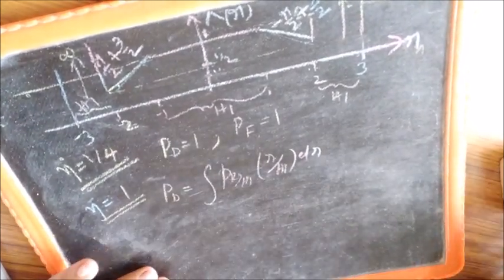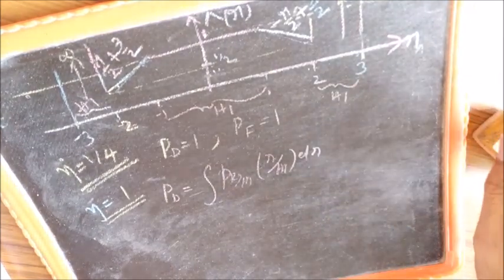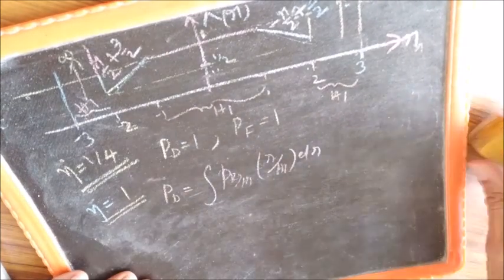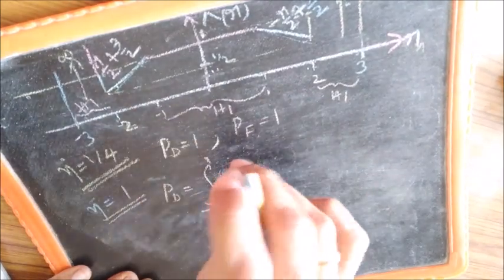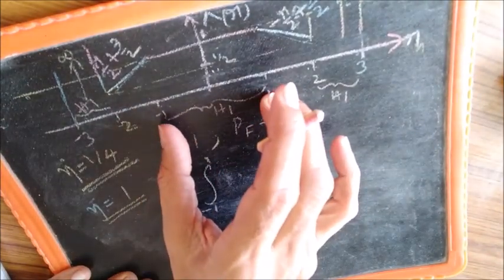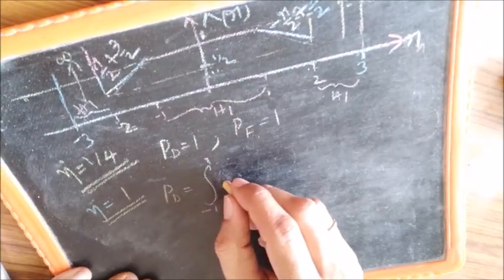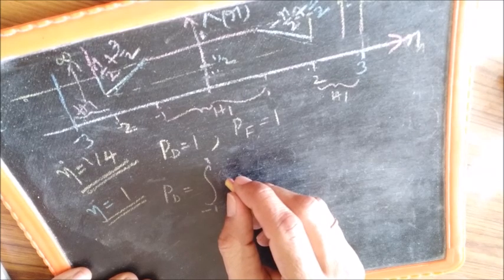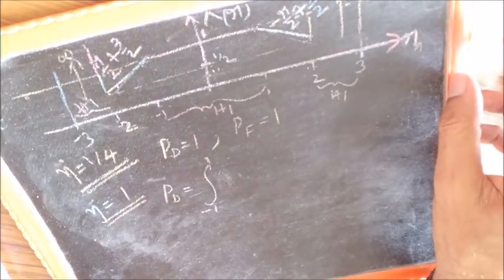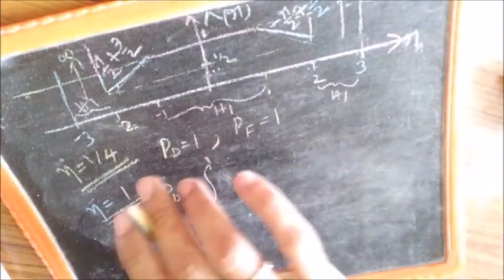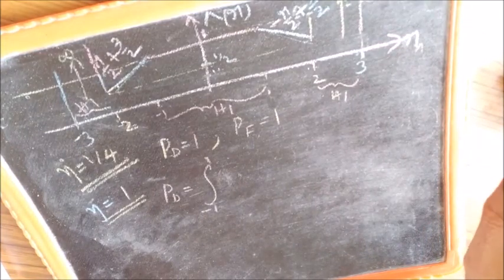So in our case, we note that from minus 1 to 1, in this you have to put the conditional density function of R when H1 is true. I had it here, I wiped it off. You must be having it, or you can go back in the video and see that later.